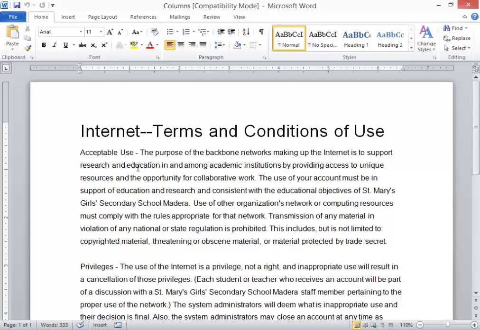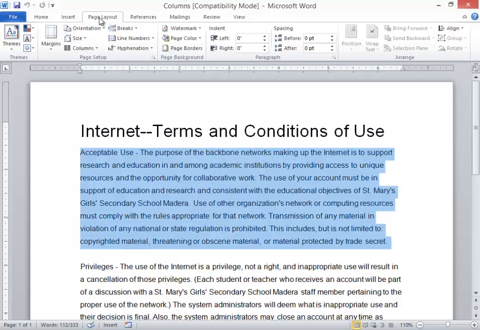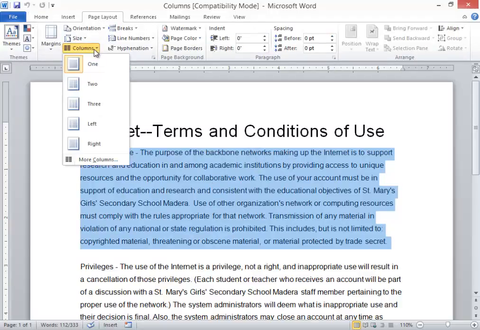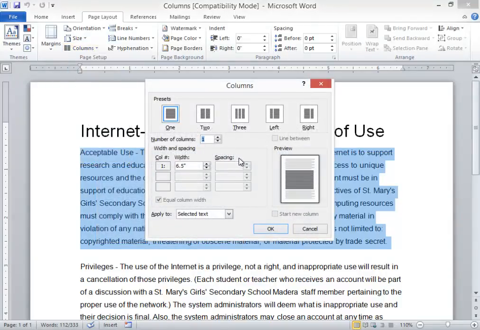Let's say you have been asked to apply columns in this first paragraph and then a drop cap. First thing that you have to do is highlight everything, and you come to Page Layout, choose the number of columns from here. I will suggest that you go to More Columns, because you can be asked, when you put, say, 2 columns,